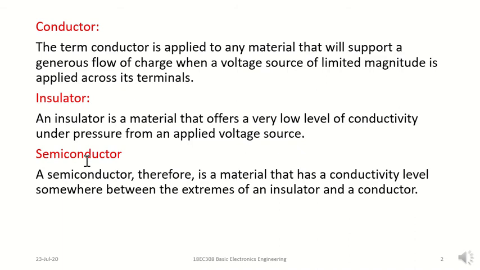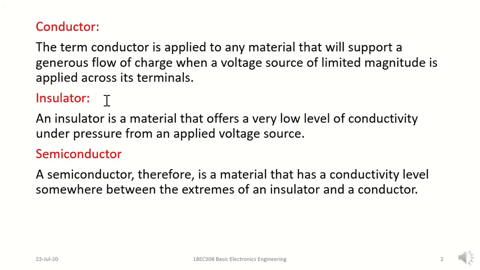Before seeing what is a semiconductor, we have to understand what is a conductor. If I give an example for a conductor, I can say like copper, gold, silver, steel. These are all conductors because they offer generous flow of charge carriers. That is, current can flow through the material very easily. Such materials are called conductors. When I apply a voltage source, definitely there will be a flow of charge carriers. Flow of charge carriers is nothing but the current. So such materials are called conductors.